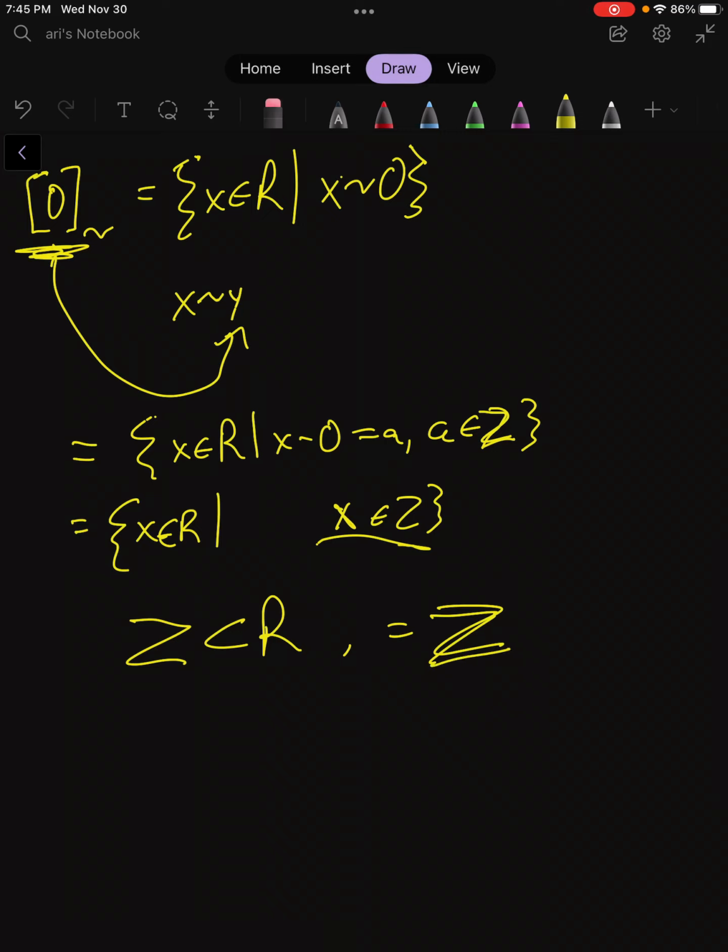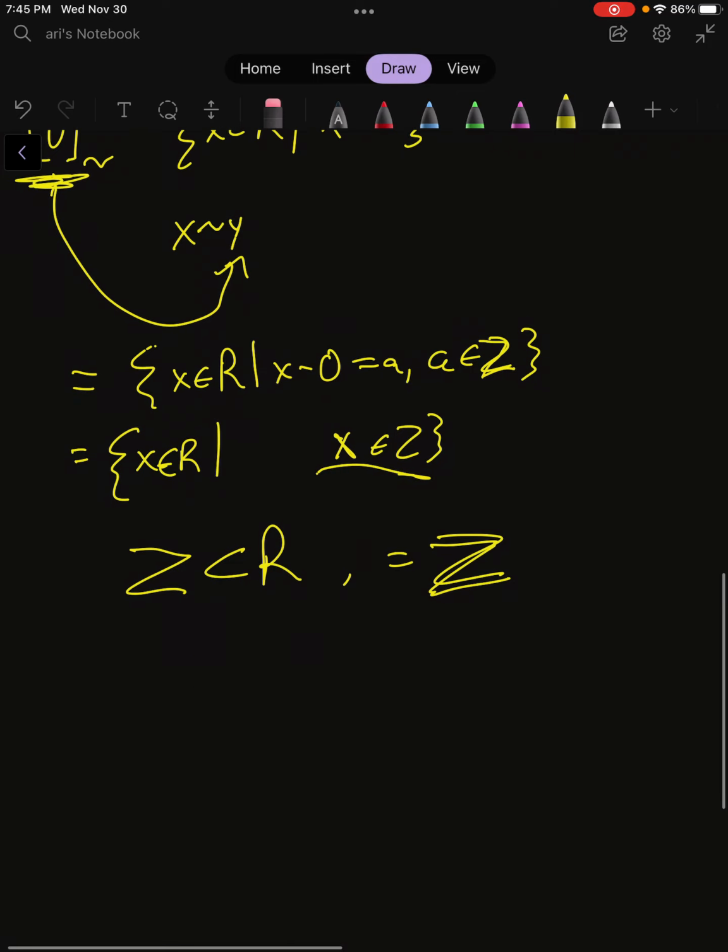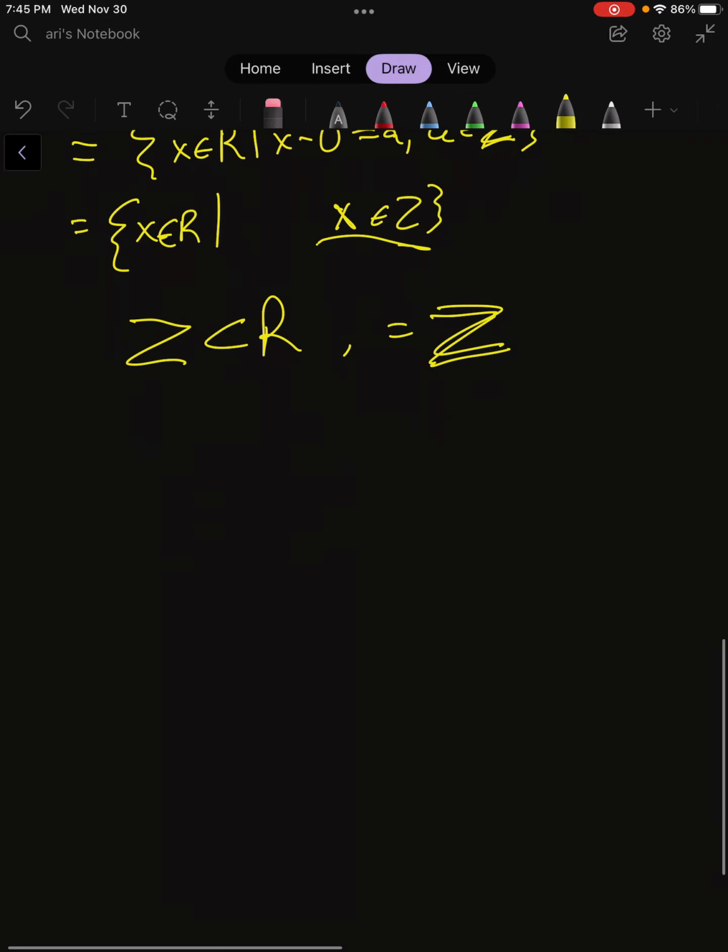All right. So now part C. We have to prove, it's asking us to prove that the equivalence class of p over q is, it's a little confusing the way it's written. In R,